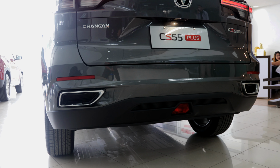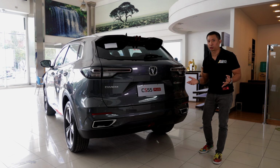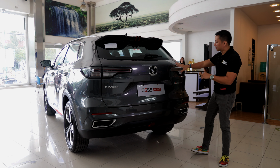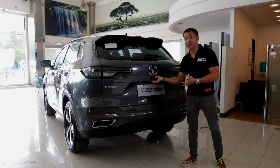Now, these are pretty cool because who doesn't want a pair of fake exhaust pipes on the rear bumpers anyway? I mean, yeah, raise your hands. Emotional damage! Anyway, guys, at least we have these nice-looking LED taillights here. Now, when you pop open the liftgate of this mid-spec Hype trim,